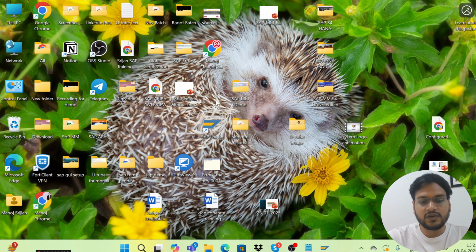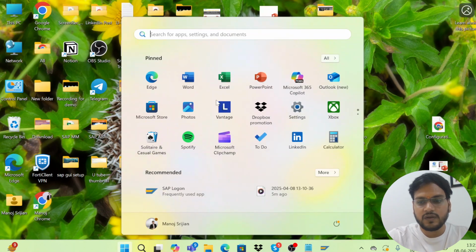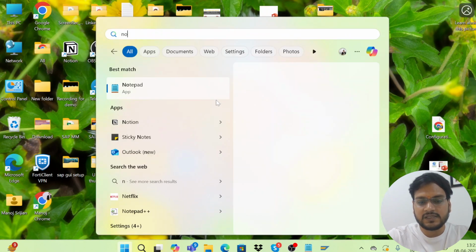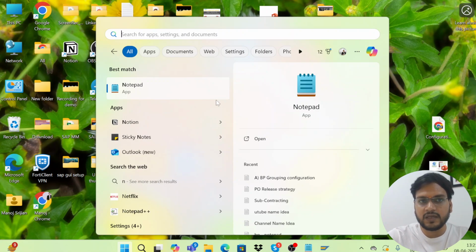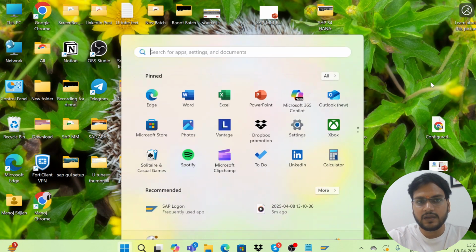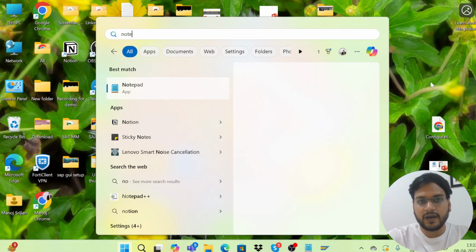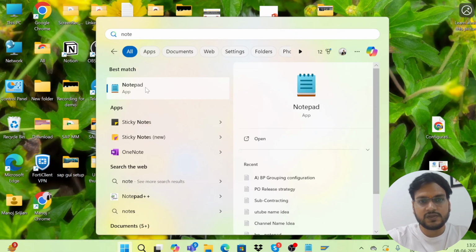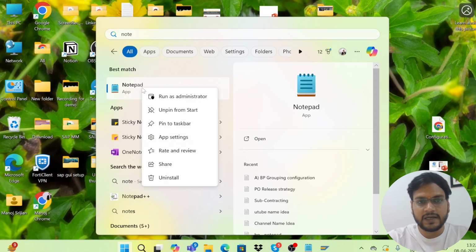You just need to go to Notepad. Just press the Windows key on your keyboard and type Notepad. Once that's open, right click on it and click on run as administrator.